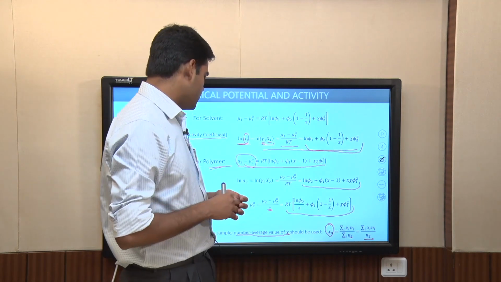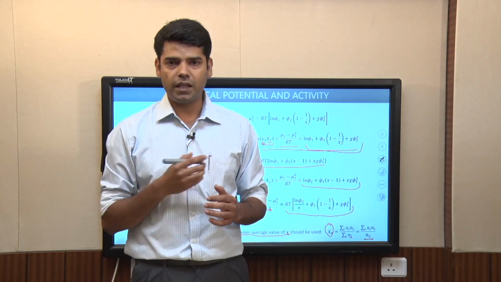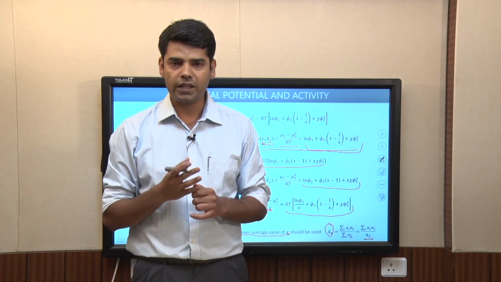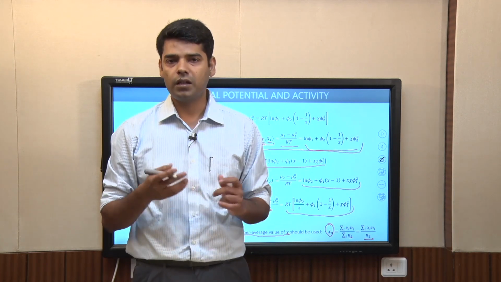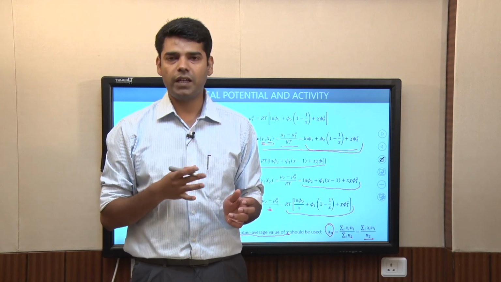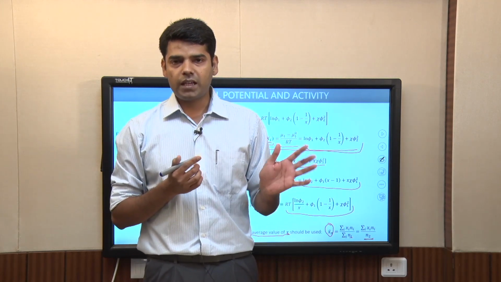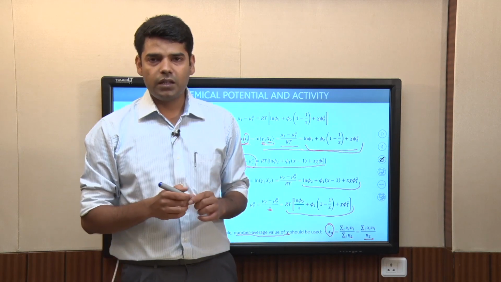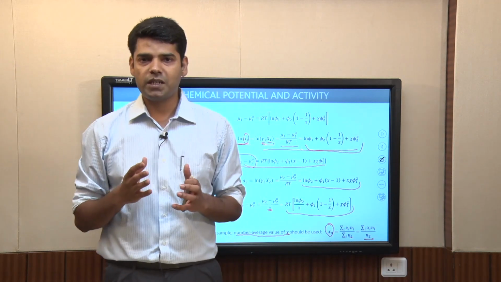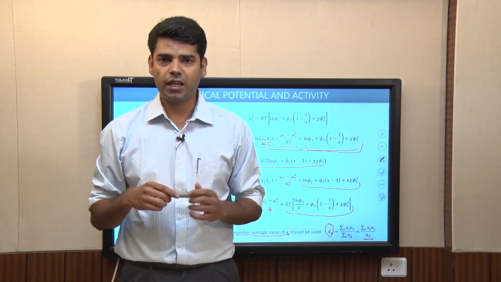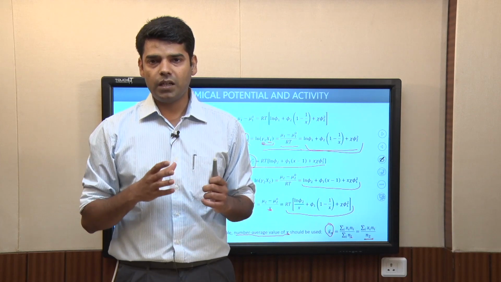So, we see that for a polydispersed sample, wherever the number of segments x appears in any equation, whether it is the definition of volume fraction, the Flory-Huggins equation for Gibbs energy change of mixing, or the chemical potential or activity, if we replace this x by its number average value, then we can apply the same equations for polydispersed samples as well, where the polymer chain lengths can be different. So, we will conclude today's lecture here.